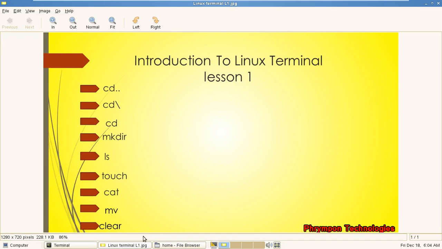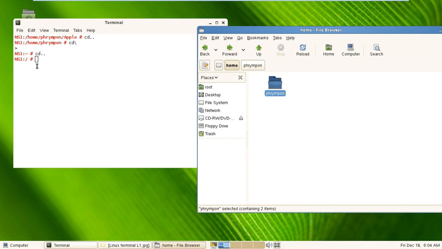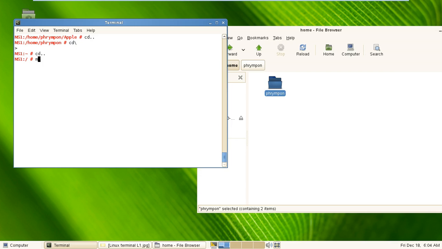Yeah, as you can see, it is mkdir. So we are going to type mkdir followed by the name of the folder or the directory we want to create. So mkdir space Ghana. So on hitting enter, the folder named Ghana must be created in the